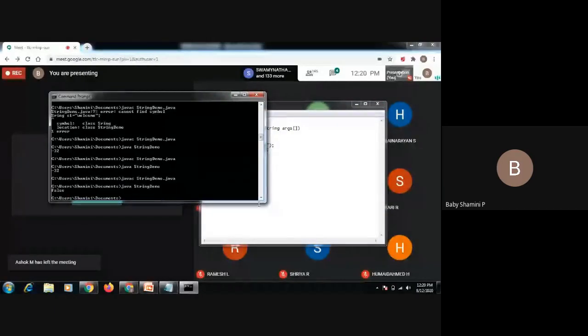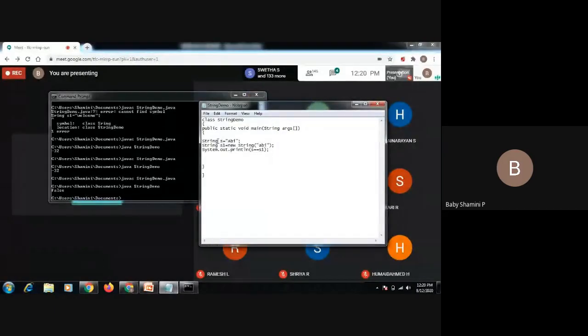False. Because this S points to the string constant pool memory location. This S1 points to the non-pool memory location in the heap area. Both objects are present in heap memory only, but one points to the string constant pool location and the other points to the non-pool memory location. It checks whether both instances point to the same memory location or not. Here both point to different memory locations, so it displays the answer as false.